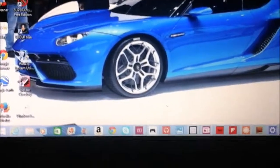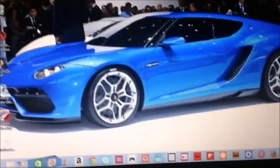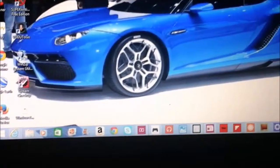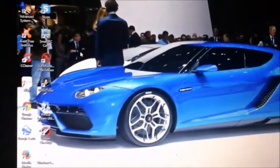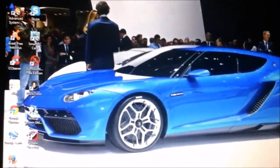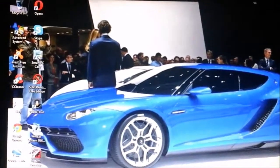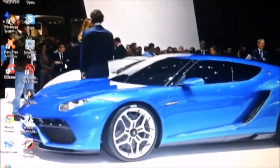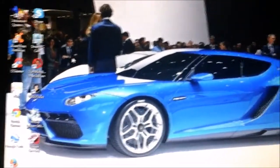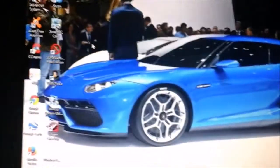But this Windows 10, I think the move might be a little weird, but I think it might pay off because, like I said, I mean, there will be comparisons to Windows 8 with Windows 10, but I mean, I don't know. Who knows why Microsoft actually named it Windows 10? But, speaking of,